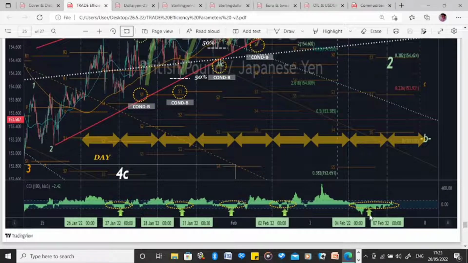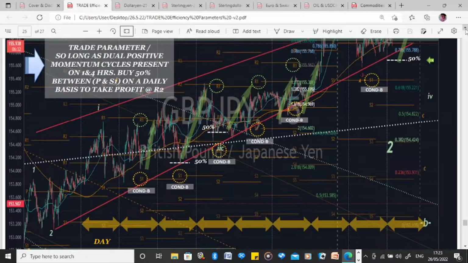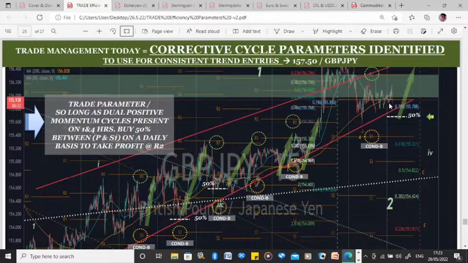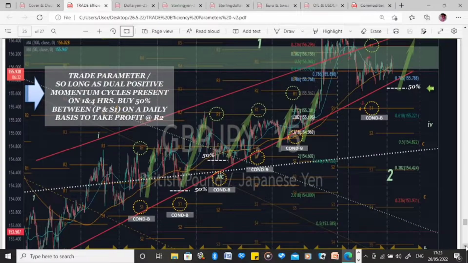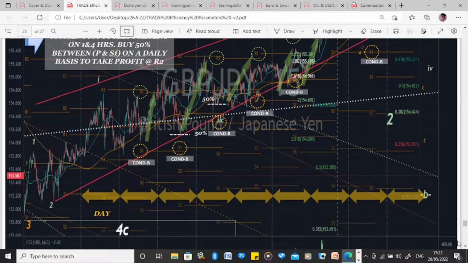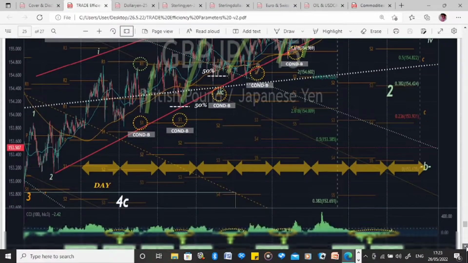You understand now this is a higher degree, right? That you already had a 2 here and a 4, and this is a higher degree A. Okay, just by simple count labels, you would understand that yes, it does show like it's a big higher degree A, and that is the end of the market. Without doing now too much analysis and too much extensions and too much corrective projections, just because of the fact